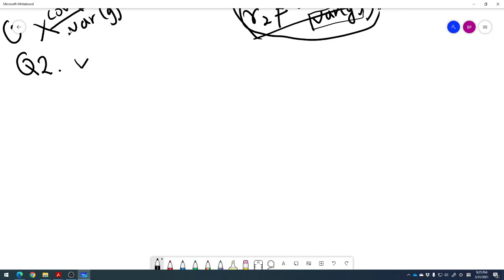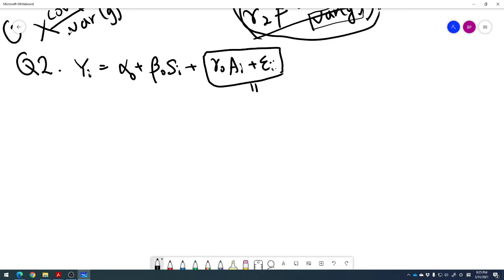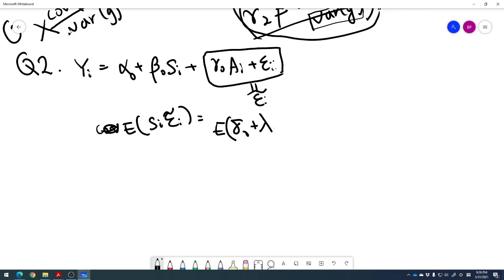So you may simply write it as alpha plus beta 0 Si plus gamma 0 Ai plus epsilon i. So you may consider all these terms as epsilon tilde, and then it is easy. Then the covariance, the expectation between Si and epsilon tilde i, is the expectation of, say, delta 0 plus lambda 0 Ai plus ui, comma gamma Ai plus epsilon i. So in this way you can write